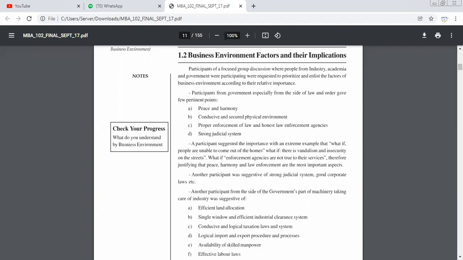Government is also one of the important factors which comes under the head of business environment, because with the help of government policy, the business can rise and the business can go down. Suppose the government levies more tax on any commodity manufactured by the business, definitely the customers will try not to consume that product because the taxation is very high.